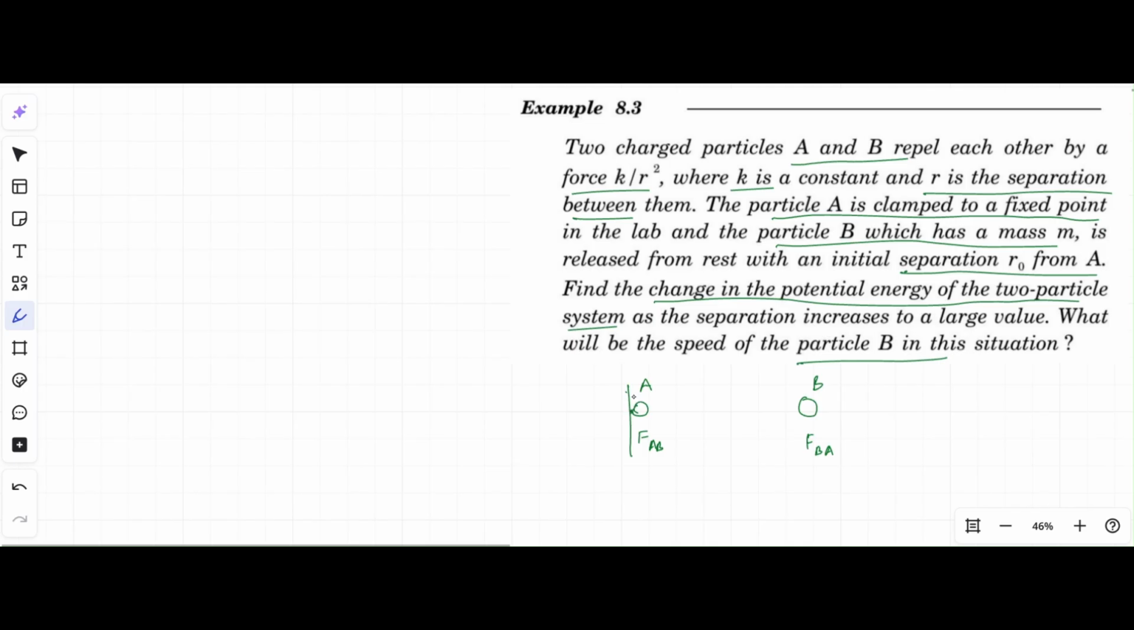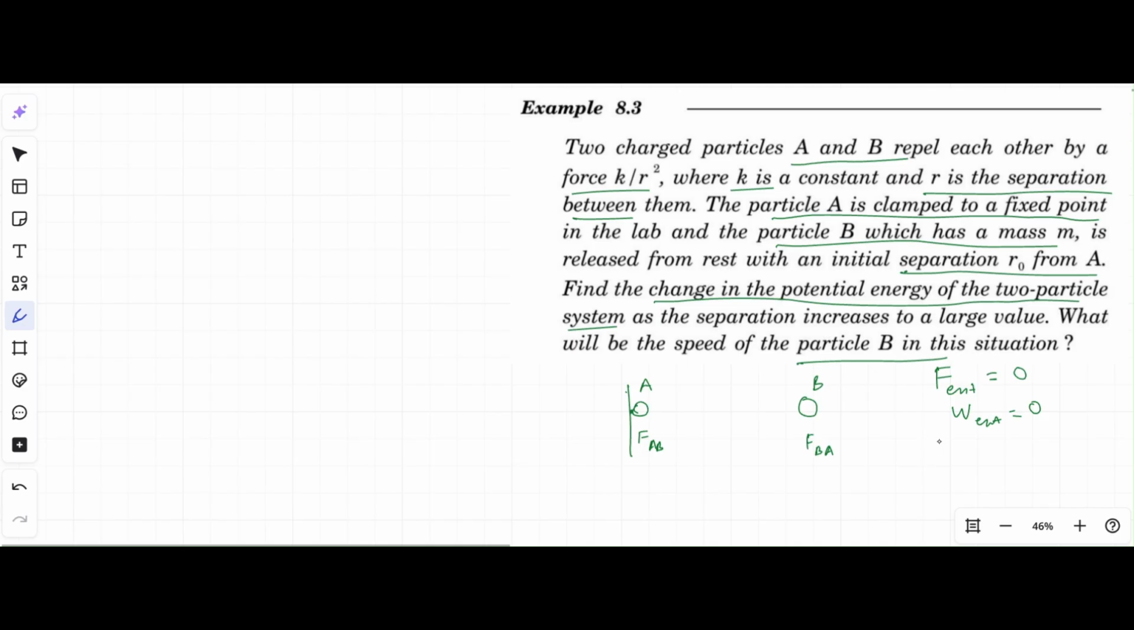But this force is not doing any meaningful work because there is no movement due to this force. It is working on A, and A is fixed, A is not moving. So according to our definition of work, no work is done. So this force is not doing any work in this system. So if there is no external force, F external is equal to 0, or we can say that work done by external force is equal to 0, then